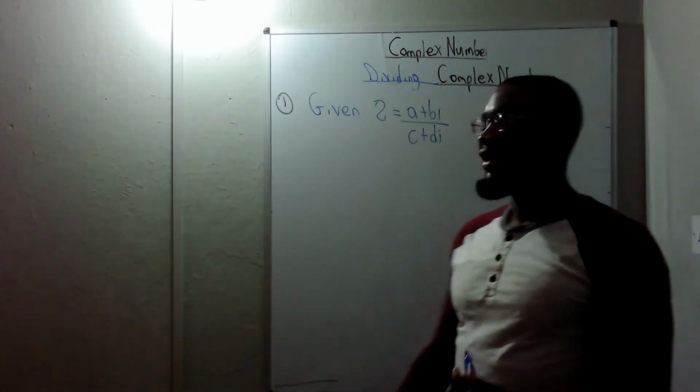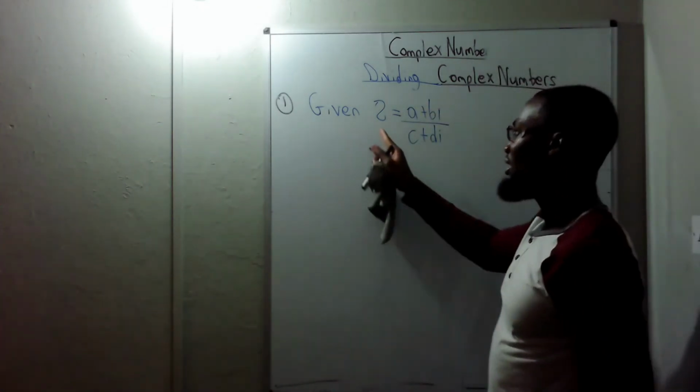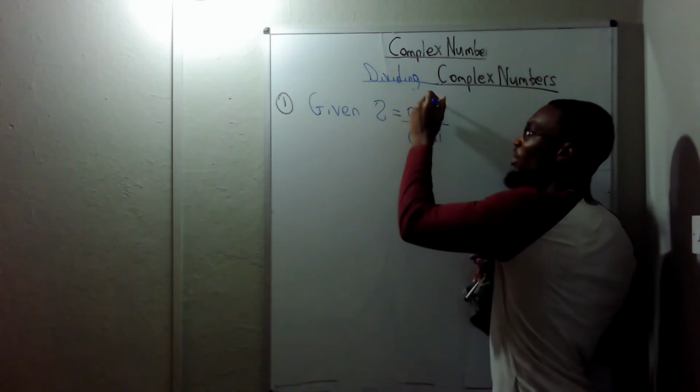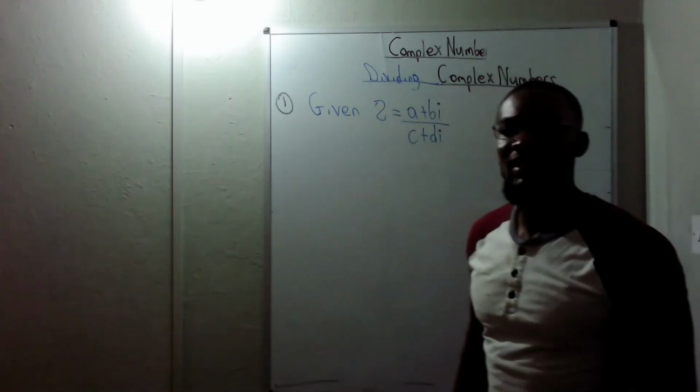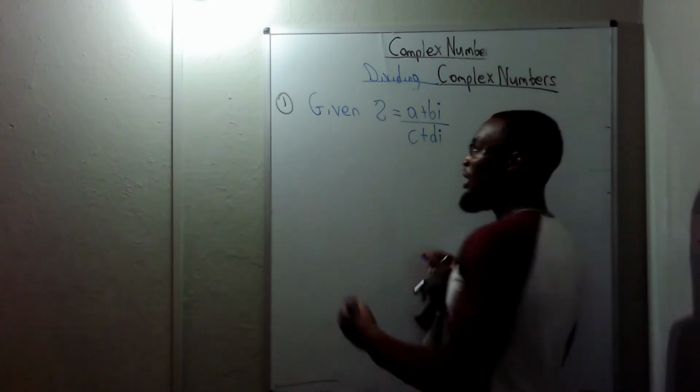In order to simplify this complex number, because really and truly this is one complex number over another, when we're dividing complex numbers, right, what we do